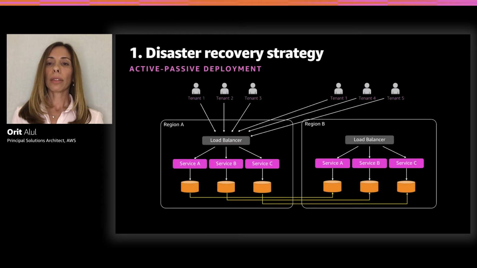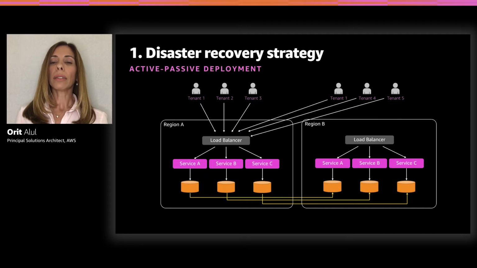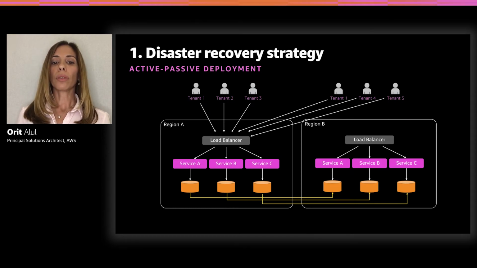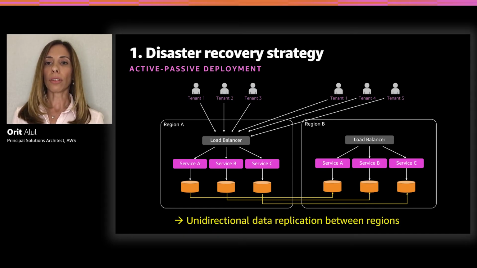The first reason for multi-region deployment we mentioned is disaster recovery, or the ability to withstand a regional system failure and transition the load effectively to a different region. In this case, based on your disaster recovery strategy, whether it's cold, pilot light, or warm DR, we will go with a multi-region active-passive deployment. In this case, we will have unidirectional data replication from the active region to the passive region.